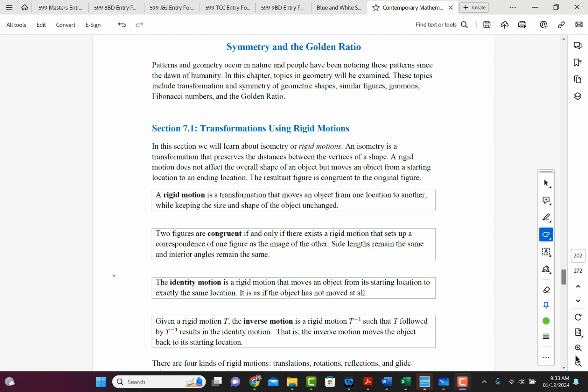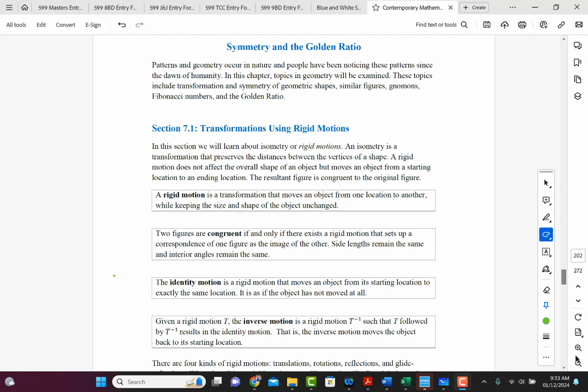These topics include transformation and symmetry of geometric shapes, similar figures, gnomons, Fibonacci numbers, and the golden ratio. So in this section, we're going to start by talking about transformations using rigid motions. Okay, we're going to learn about